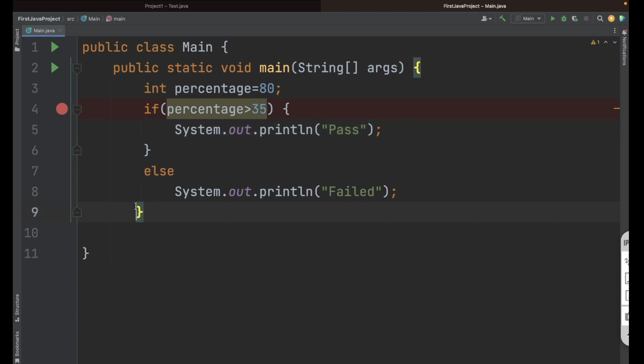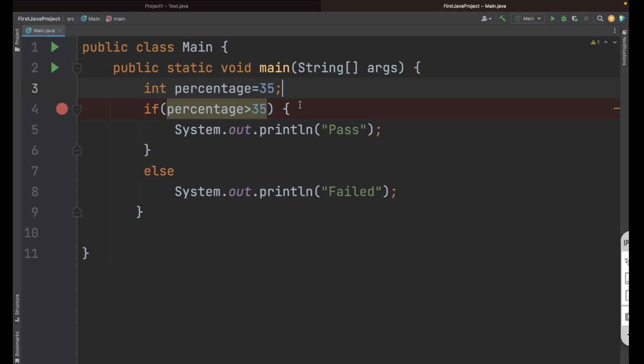Now see, if you want to check multiple conditions, here the only thing is that if the percentage is greater than 35, then pass, else failed. Maybe let's suppose some student has a percentage of exactly 35. If your percentage is greater than 35, then you will be passed.